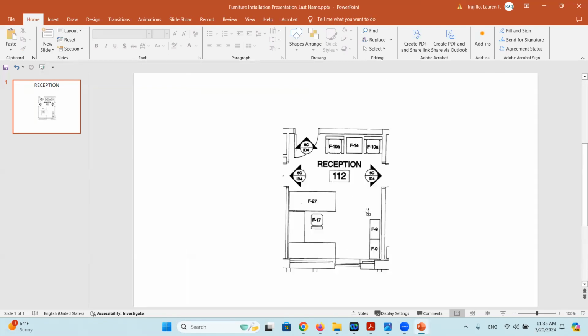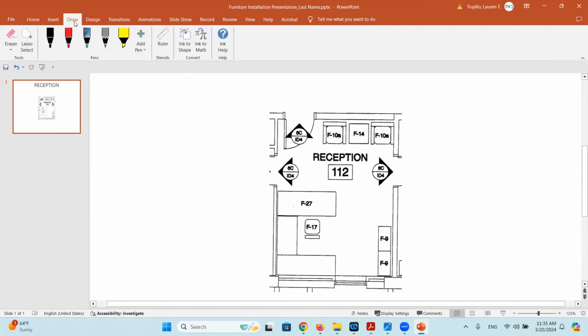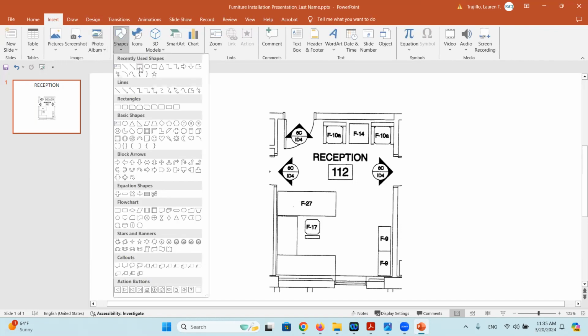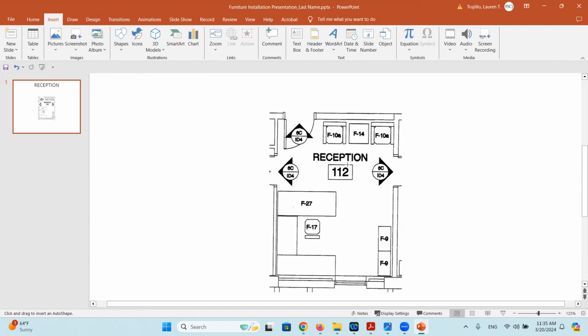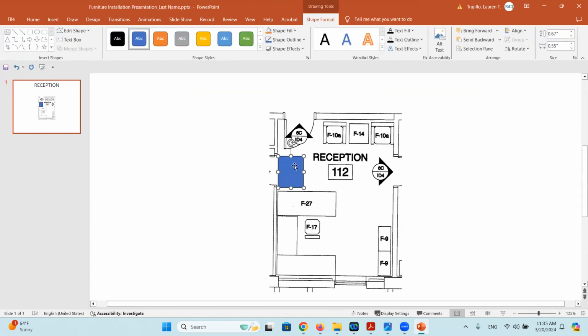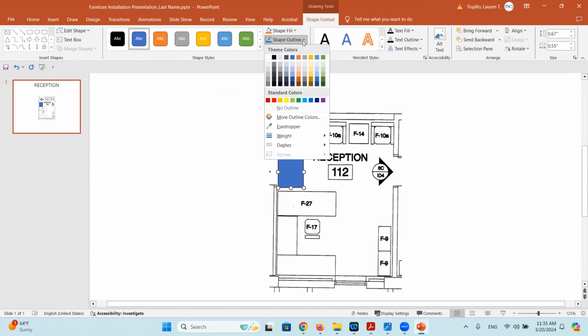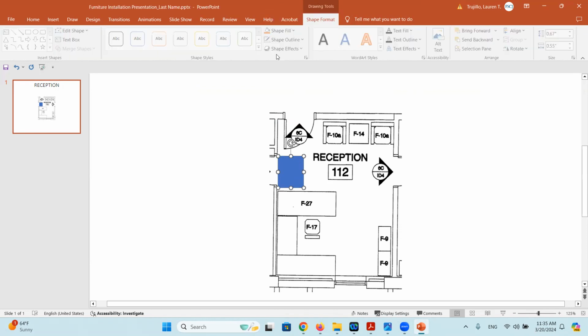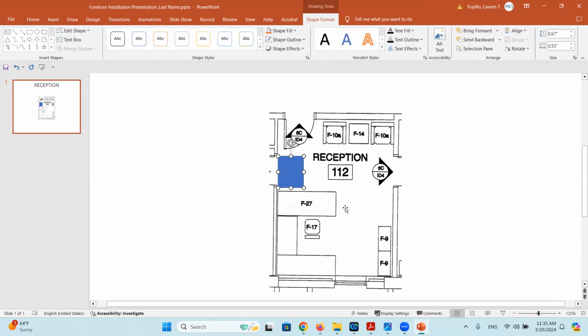So what I'm going to do is zoom in just a little bit, and I'm going to go to Insert, and then we're going to go to Shapes. Now, this is a kind of a tricky way or a sneaky way to erase information when you don't have the software to actually erase it. So what I'm going to do is create a series of boxes over the symbols and other labels that we don't need. Now you can see right now this box is blue and that's not going to work. We want to change the outline to no outline, and we want to change the fill to white.